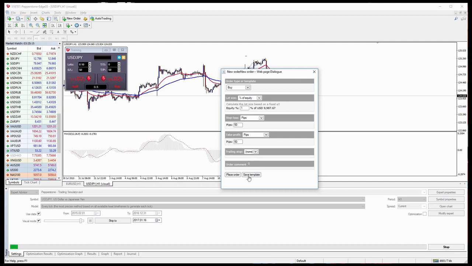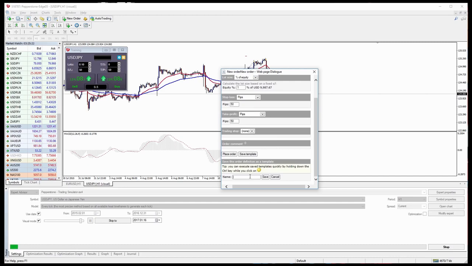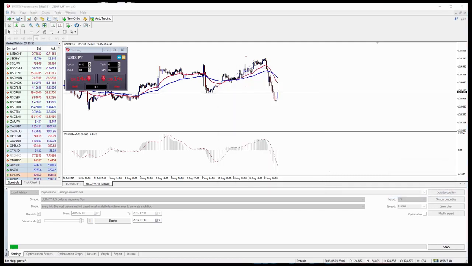But the best feature of this is that we can save it as a template so we can quickly use it again. So let's save it as a template, call it Pepperstone, and left click on save. Template has now been saved. So this now allows us next time when we'd like to place a trade to quickly do it by clicking Control and left clicking on the yellow box. And you can see here our order template, in this case Pepperstone, and it instantly executes all of our predetermined